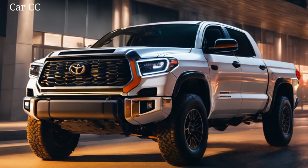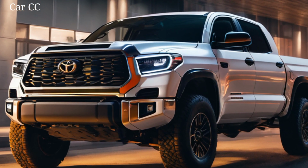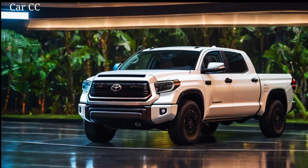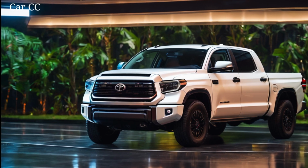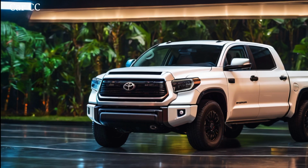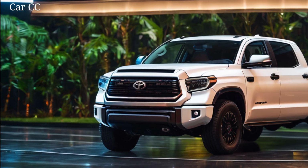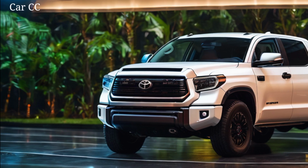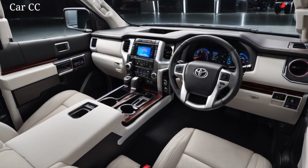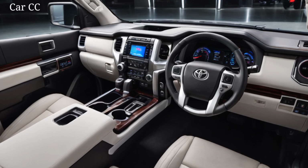unleashing the beast within. Powering this beast are two engine options, a refined 3.5-liter V6 with a twin-turbo kick, delivering 389 horsepower and 479 lb-ft of torque, and a monstrous 3.4-liter hybrid churning out 437 horsepower and 583 lb-ft of torque. That's right, this hybrid ain't just for Prius drivers. It combines fuel efficiency with monstrous power, letting you conquer trails and tow your weekend toys with ease. And speaking of towing, the Tundra boasts a best-in-class 12,000 pounds capacity, making it the ultimate workhorse for hauling your